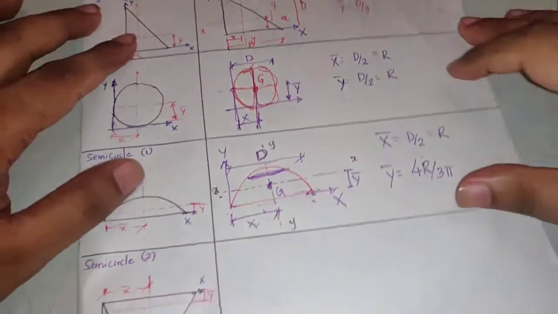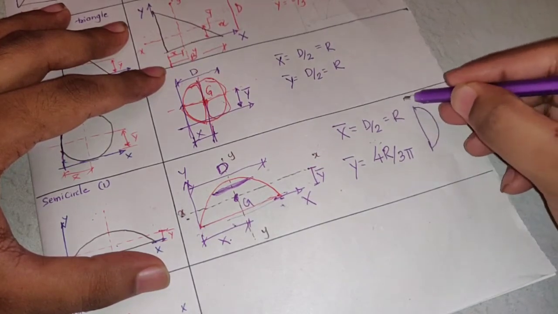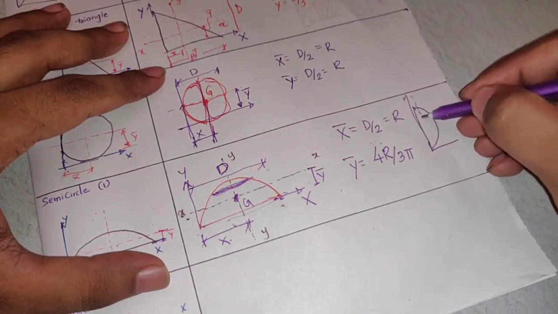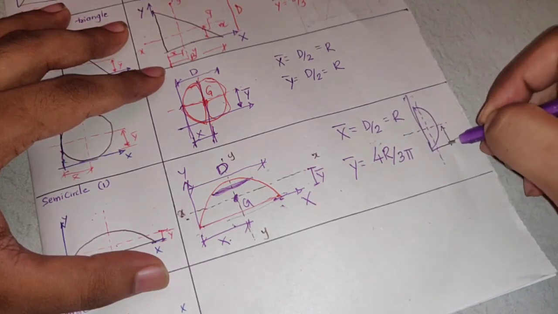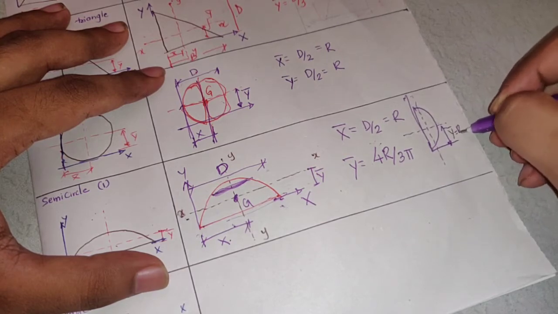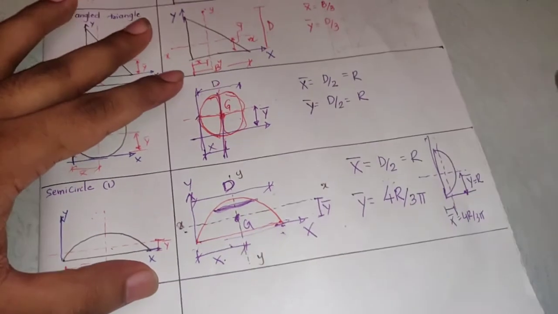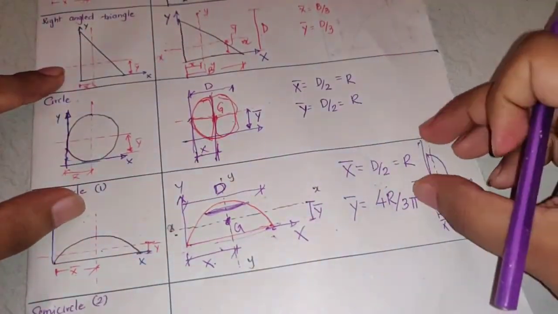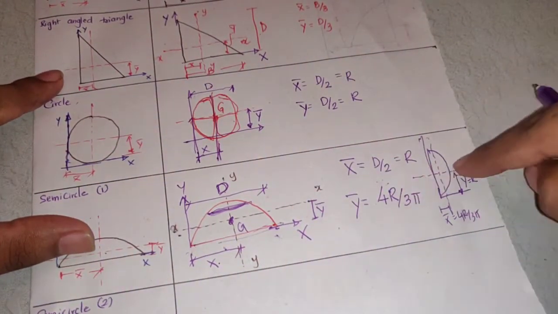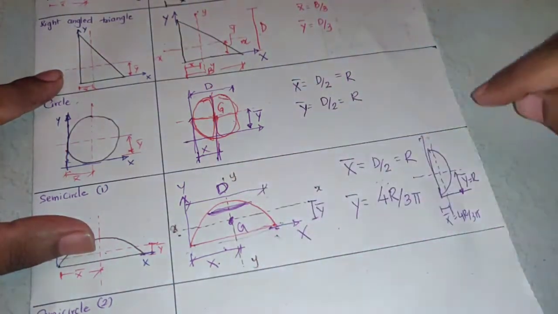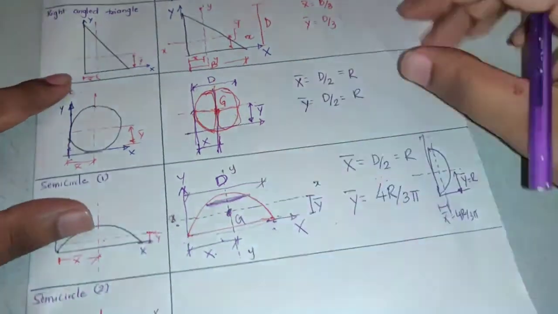So remember that. When we derived the semicircle, we had considered the semicircle like this, right? So this was the reference axis that we had taken. It was unsymmetrical about the y axis there, but symmetric about the x axis. So at that time, what was the value of y bar? The value of y bar was r, whereas the value of x bar was 4r by 3 pi. But now the semicircle is placed like this. So which axis has it become symmetric about now? This axis has become vertical, meaning it has become y, and this axis has become horizontal, x. So y bar changes, x bar changes.